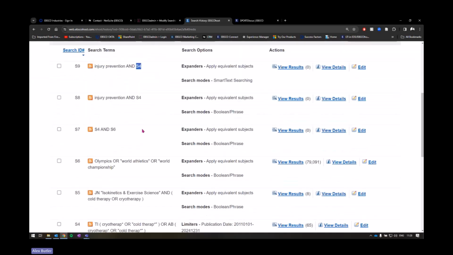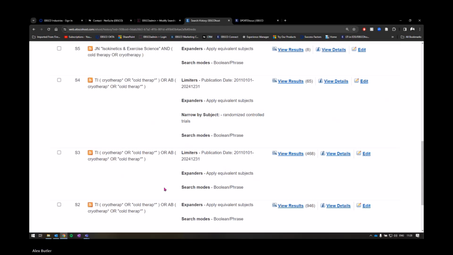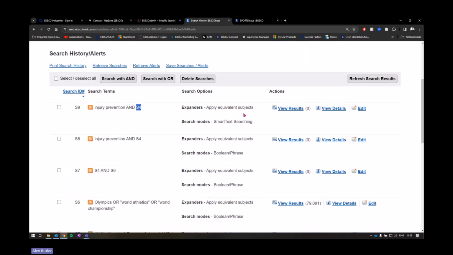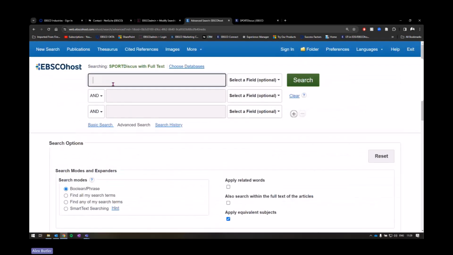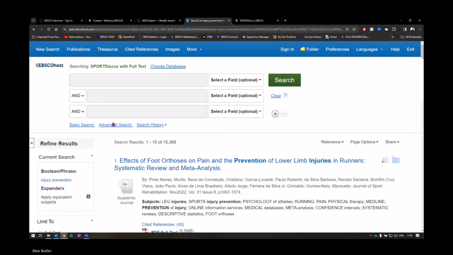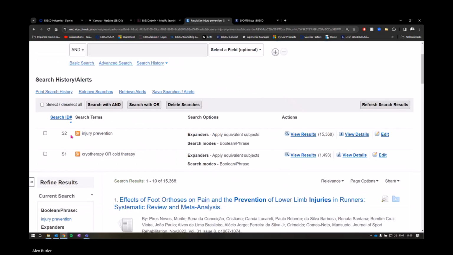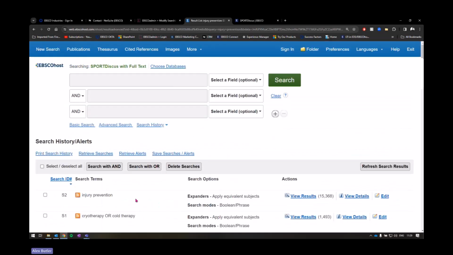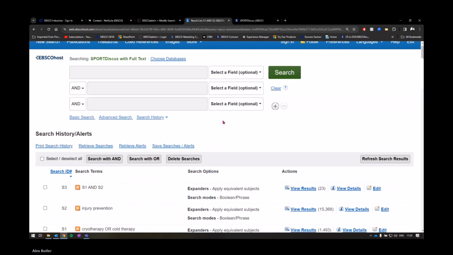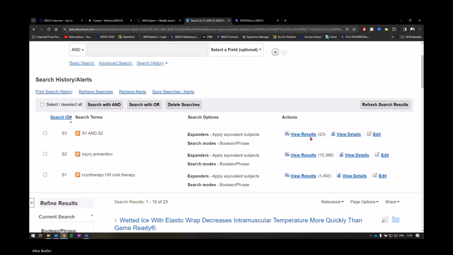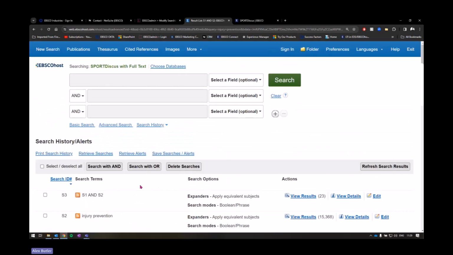Okay, and then I just come down here. Maybe we actually edit that to S3. So I'm going to come to edit search, and then we'll just quickly build a new search. Come to my search history, and I've got 2 lines there, and I can maybe just combine these together. And then if I want to, nest those in a search, so maybe do